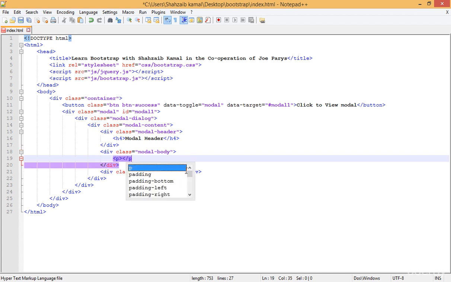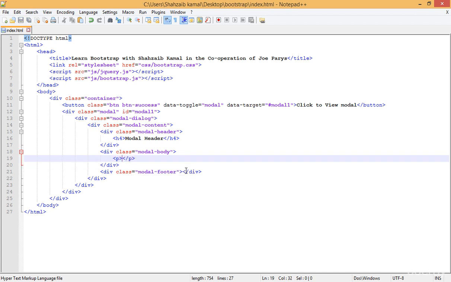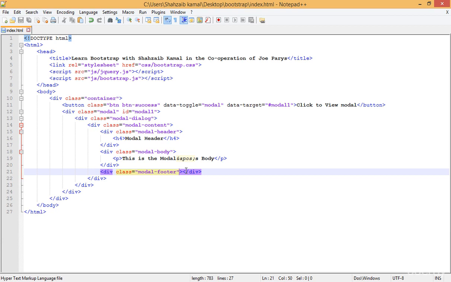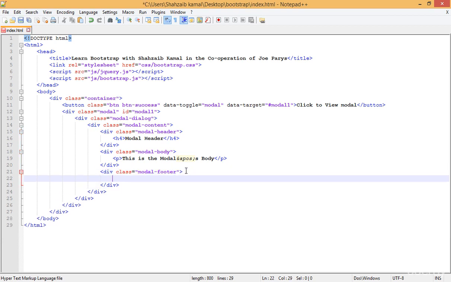For example, I'm putting inside the p tag, this is the modal body. Now save and go down in the modal footer area, and let's type modal footer. Save and go to the browser and refresh.